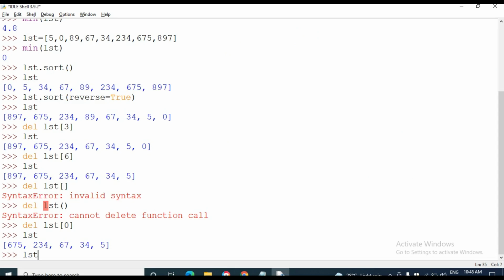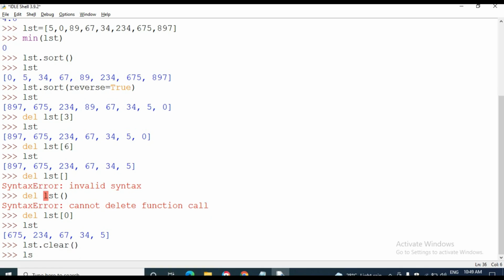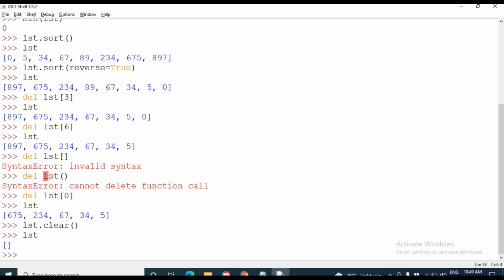And I am going to apply this clear function, lst dot clear. I am going to print lst. See, an empty list will come. Okay, all the elements have been removed from the list at a single time, but the del command is used to remove a particular list element.